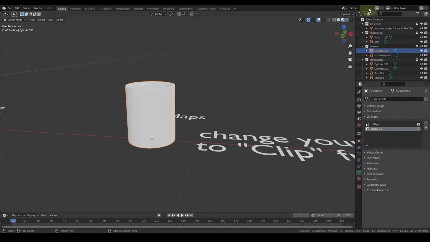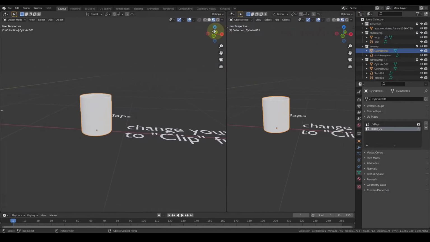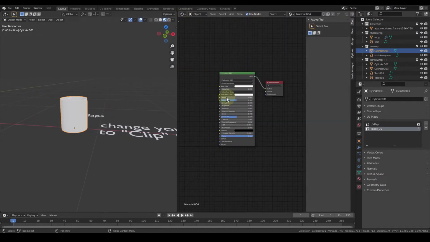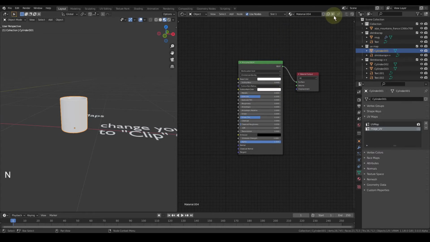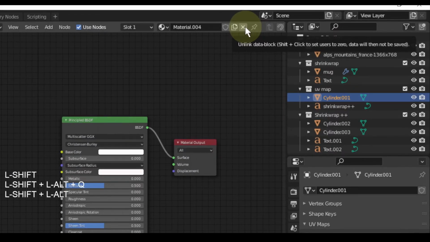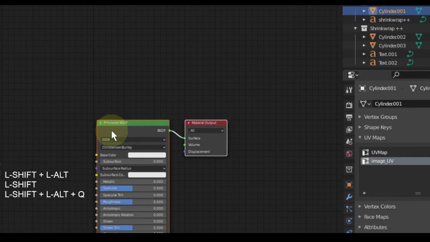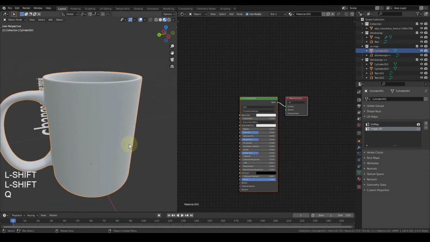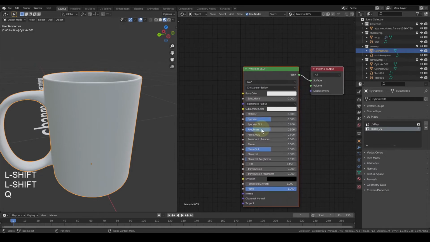Now what we're going to do is go to the shader editor, and in this case also I'm going to create a new material. So press N. Okay, so we have this material.